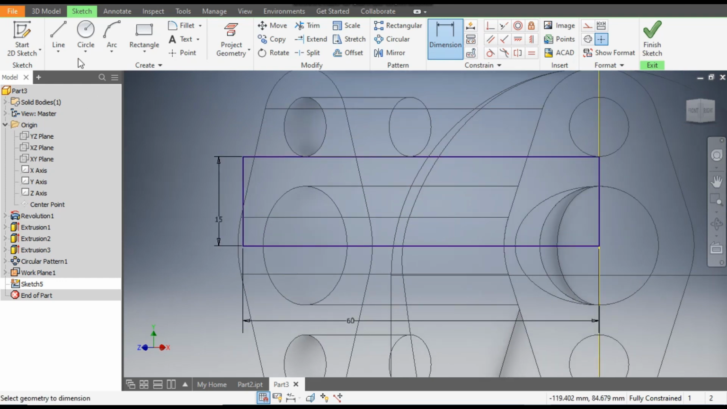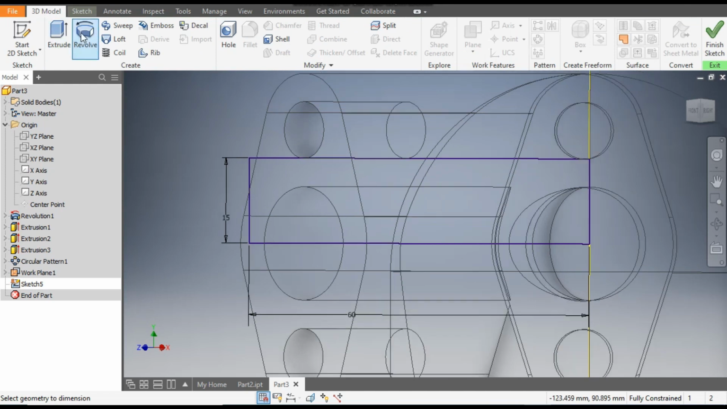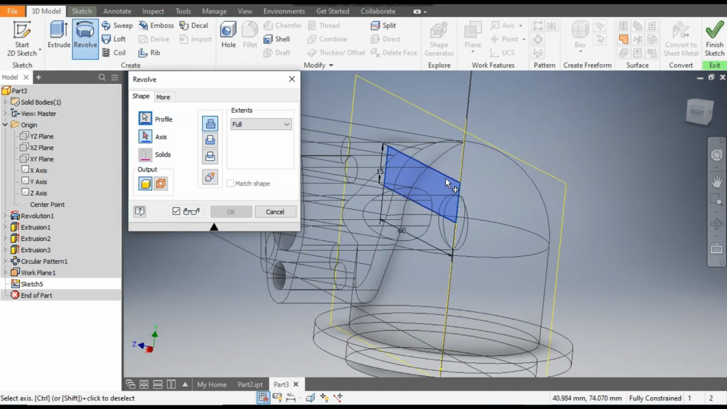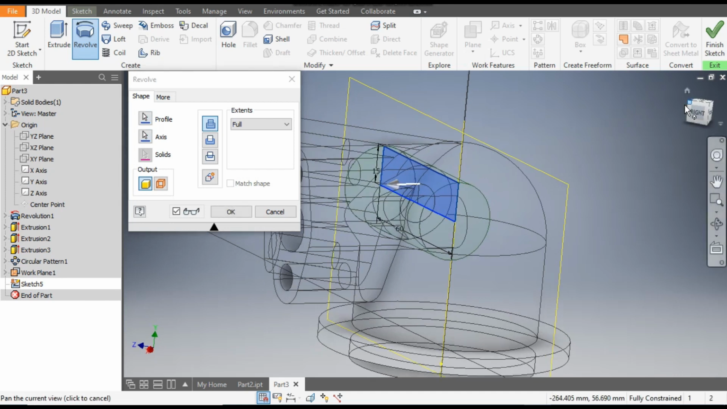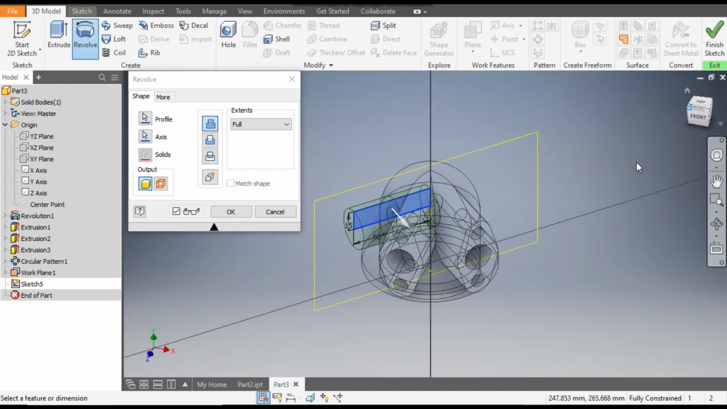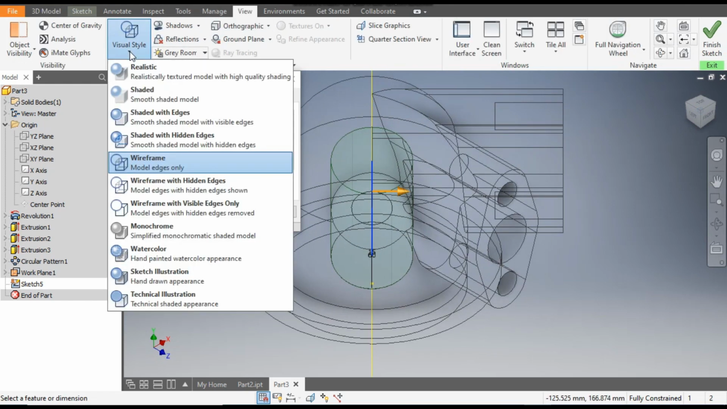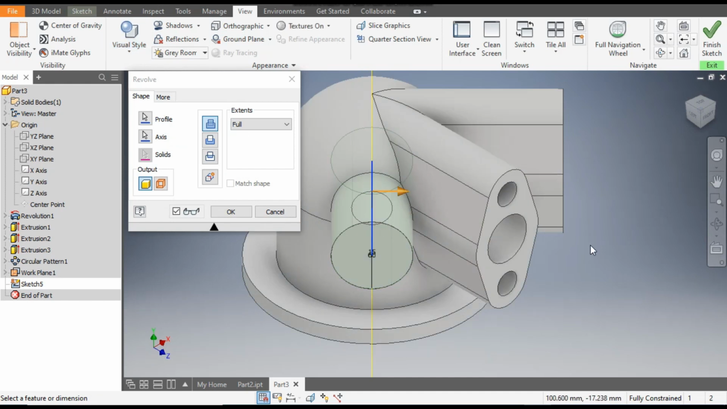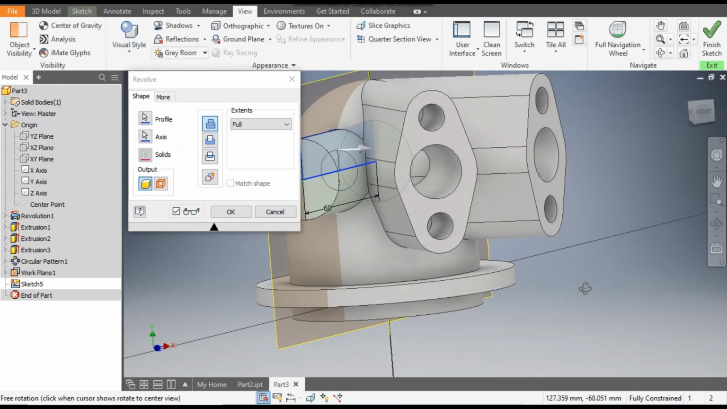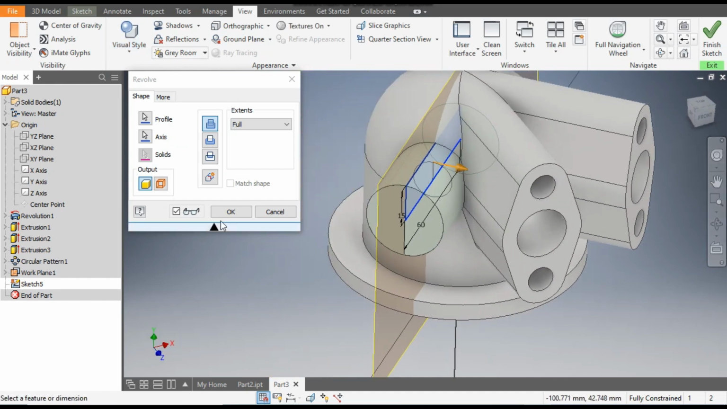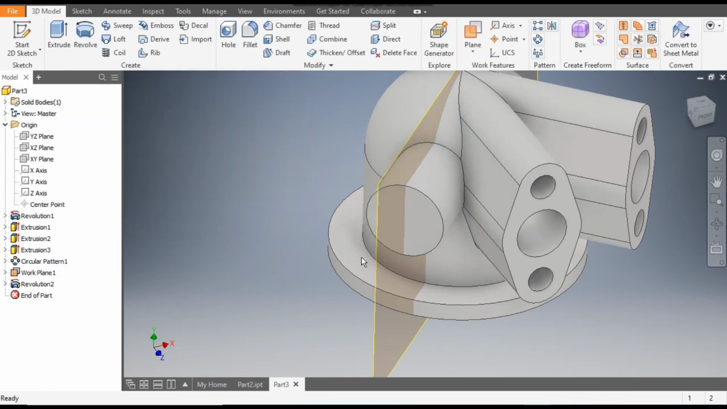This is. Go to 3D model, revolve. This profile will be selected and select this bottom line as the axis of rotation. So this will be the profile. Go to view, visual style, change it to shaded with edges. So this will be the new profile and OK. Now select this front face, go to create sketch,